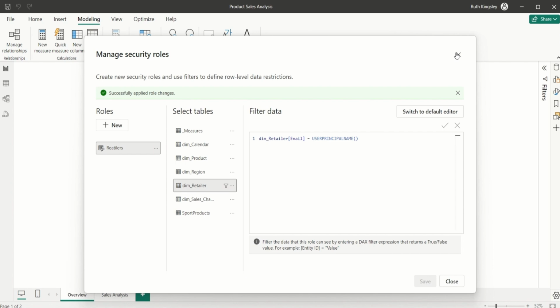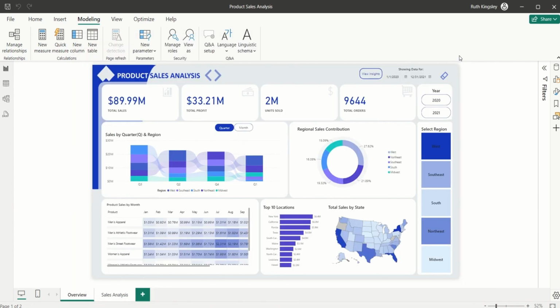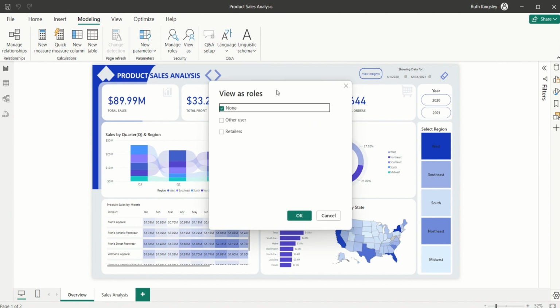Once I click save, I'll quickly close this dialog box. On that page, you can create as many roles as possible. When I close that dialog box, I'll come back to the security group under the modeling tab and click view as. On this view as dialog box, we want to test this role in Power BI Desktop. So I will select retailers and select other users. Selecting that will give us a box to type in the particular user principal name